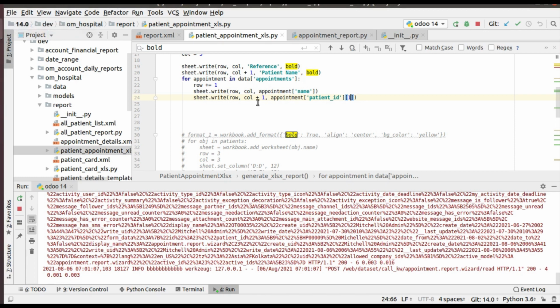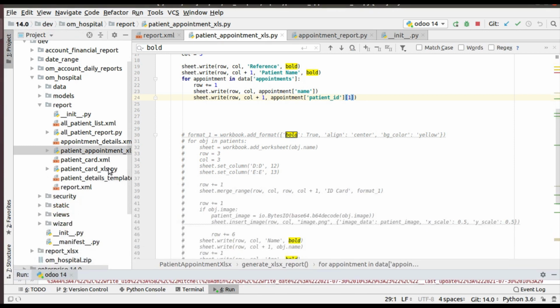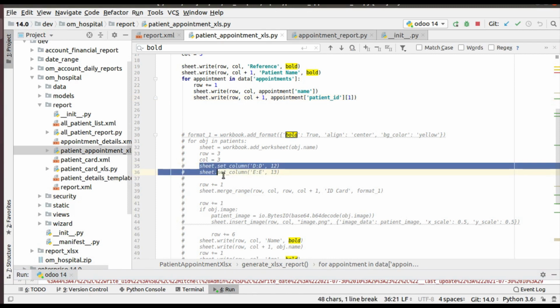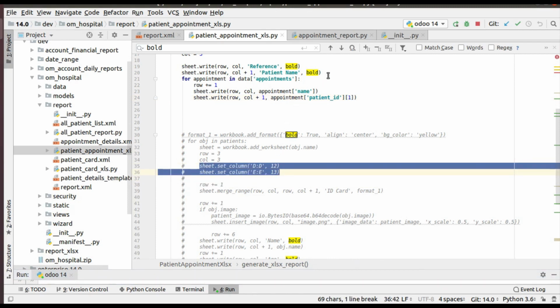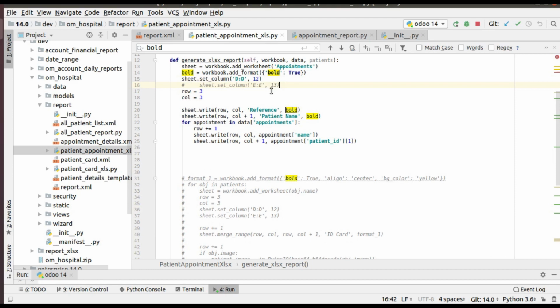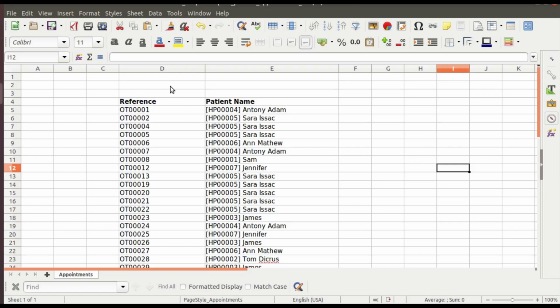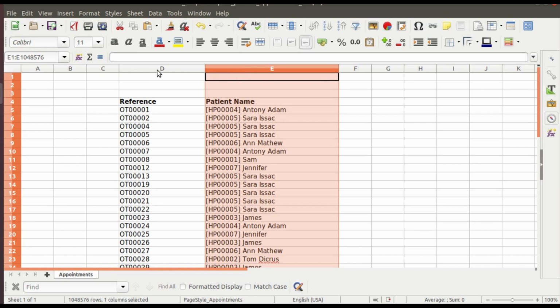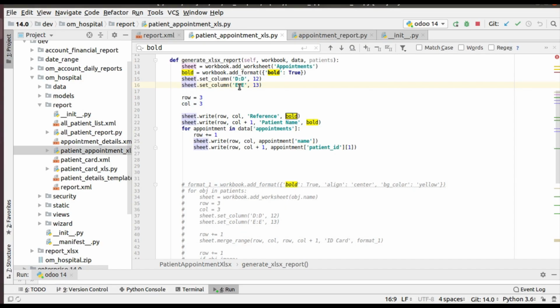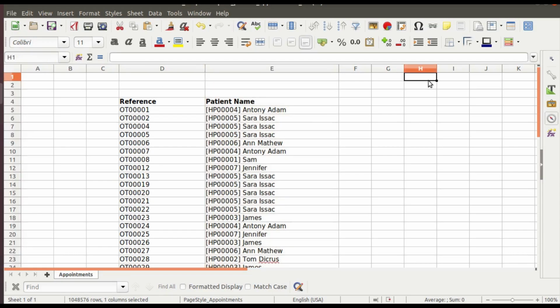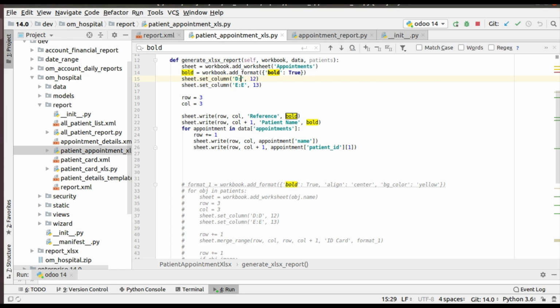What you have to do is check the report that we have generated, or you can see the sample here. I'll copy this and put it here. We can set the size of each column, so we have to find which column is ours. If you go to the sheet, our columns are D and E, so we need to increase the size of columns D and E. You can specify D to D, and if you need to increase multiple columns, like D to H, you can specify it like this, D to H.